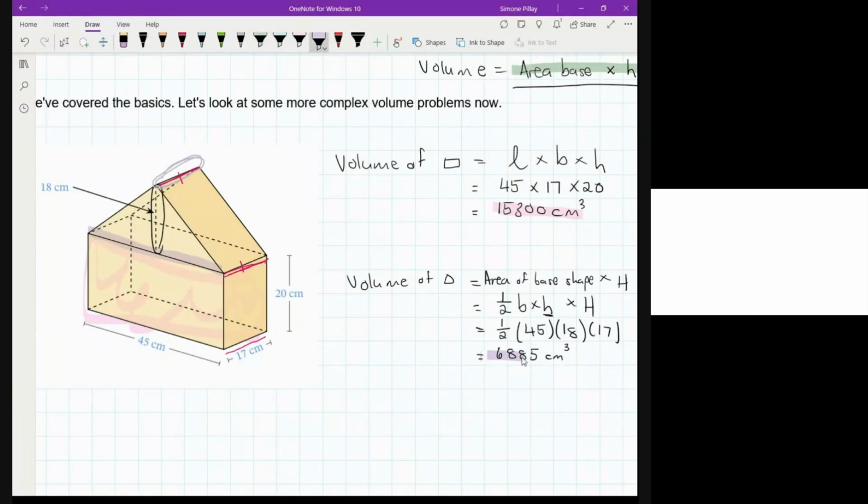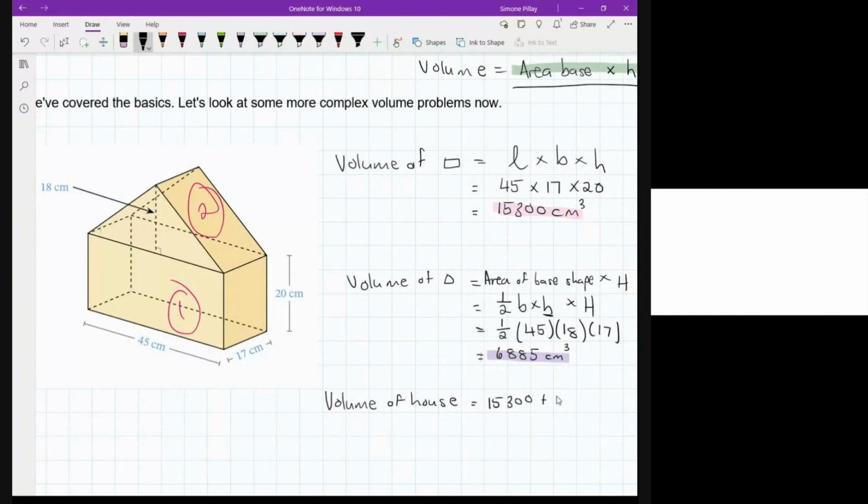So we have both of our volumes. We have the volume of my rectangular prism, and we have the volume of my triangular prism. To get the volume of the whole shape, what do we have to do? I think we have to add them up. That's 100% correct. So the volume of my house is going to be equal to